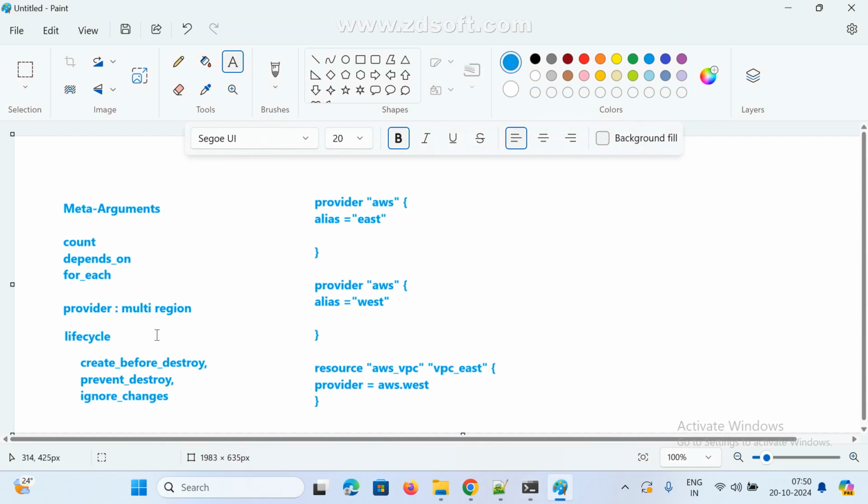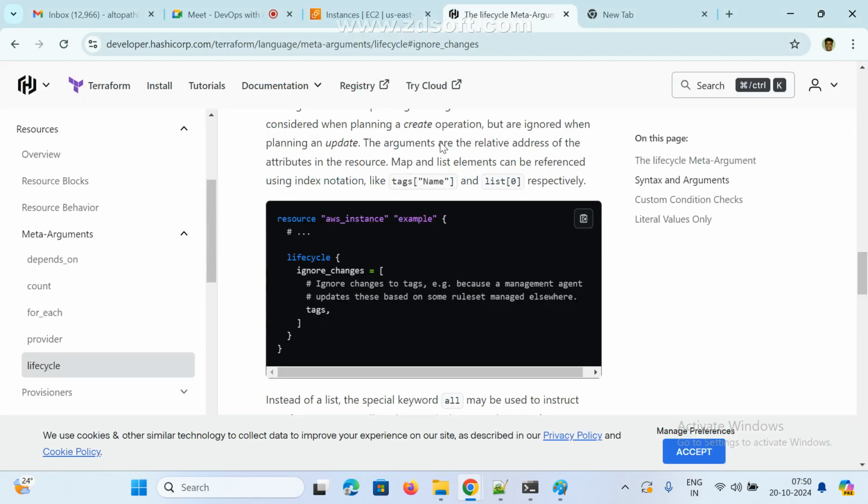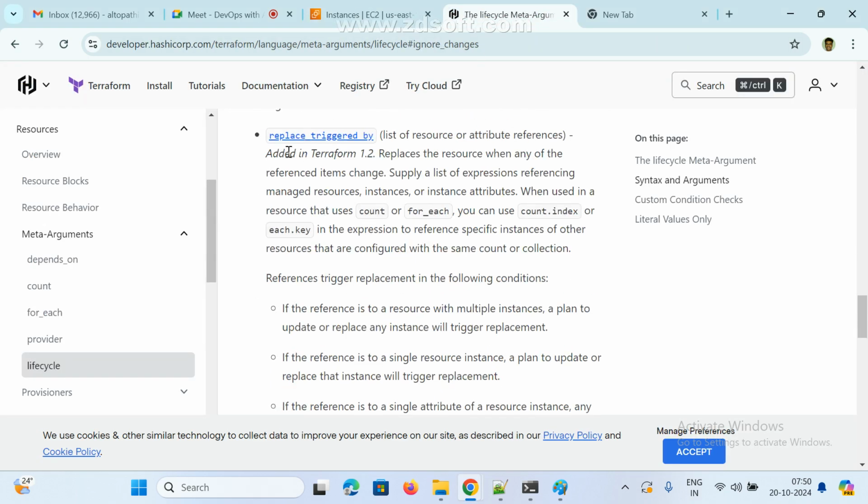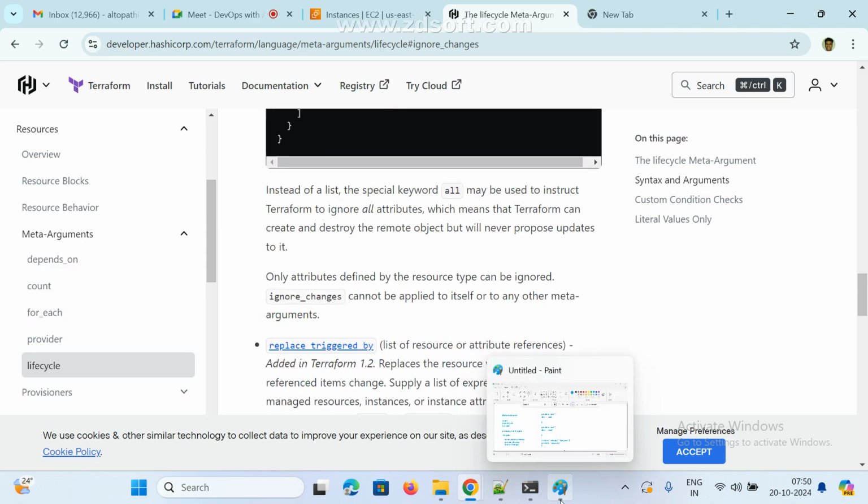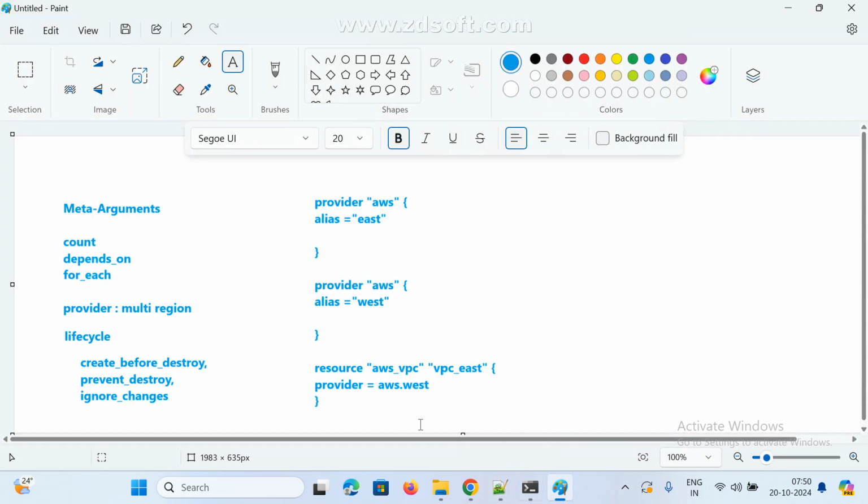Just maximum. What is lifecycle? Terraform lifecycle. So these are the lifecycles. And recently they added one more also. What is this? Replace triggered by. Replace triggered by means when something triggers, I want to replace. In that case we can use this one also. This was recently added. Earlier only three. What are those three? Create before destroy, prevent destroy, ignore changes, and the last one recently added,